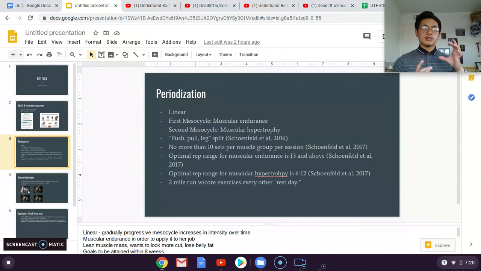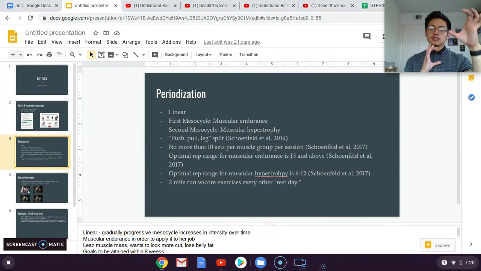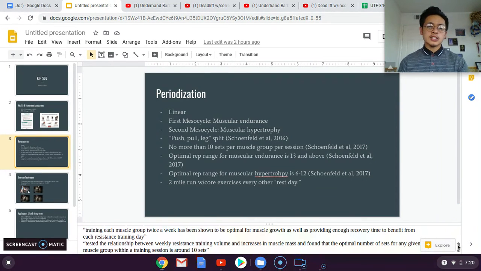And with that, you are really training each muscle group twice a week, because according to a study conducted by Schoenfeld and colleagues, training each muscle group twice a week has been shown to be optimal for muscle growth, as well as providing enough recovery time to benefit from each resistance training day. And so, with that being